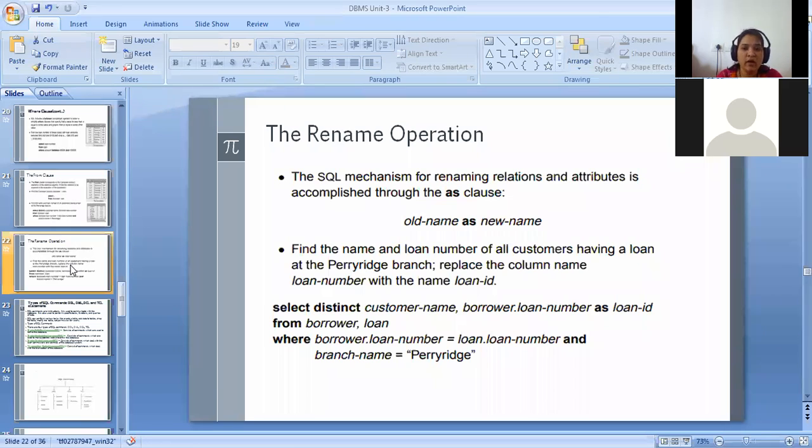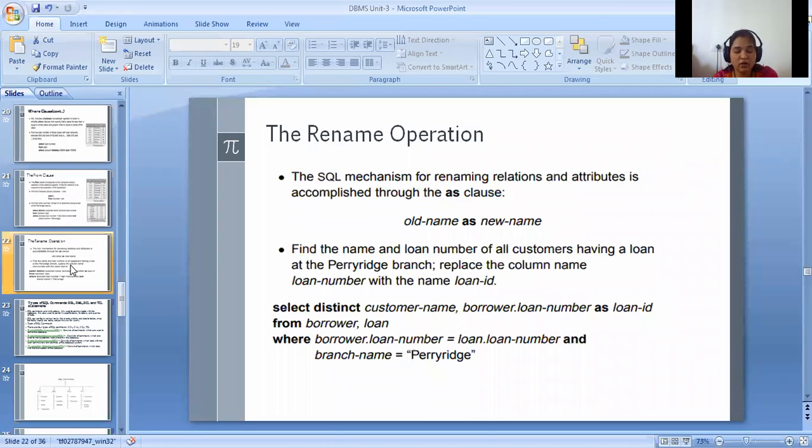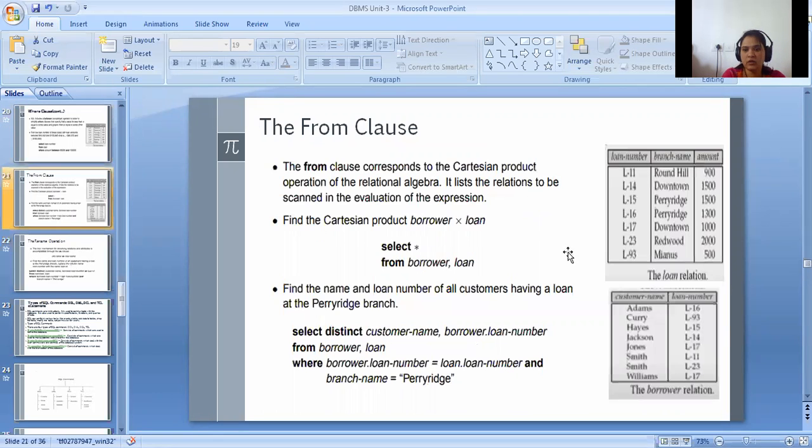For example, over here, find the name and loan number of all customers having a loan at the Perryridge branch. I will repeat one more time. You want to find the name and loan number. See over here, the tables are already given.